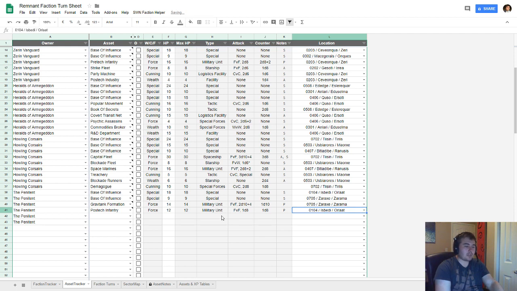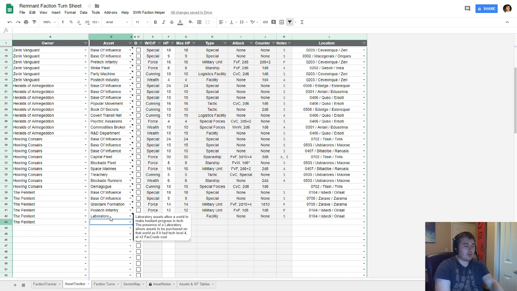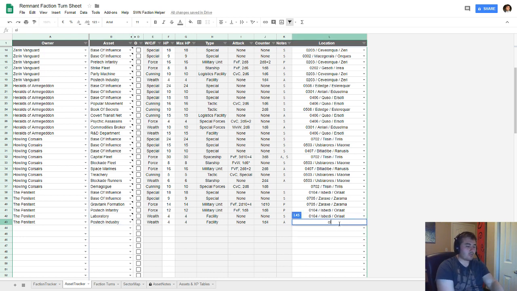It is on Orlat. They're going to expand out. They have a laboratory on Orlat. This represents their space station base that most of the soldiers use. This allows them to purchase Tech Level 4 stuff at a slightly more expensive rate. And the last thing they have is a post-tech industry on Orlat. This represents the prisoners that are currently working their resources and producing whatever they need as part of their